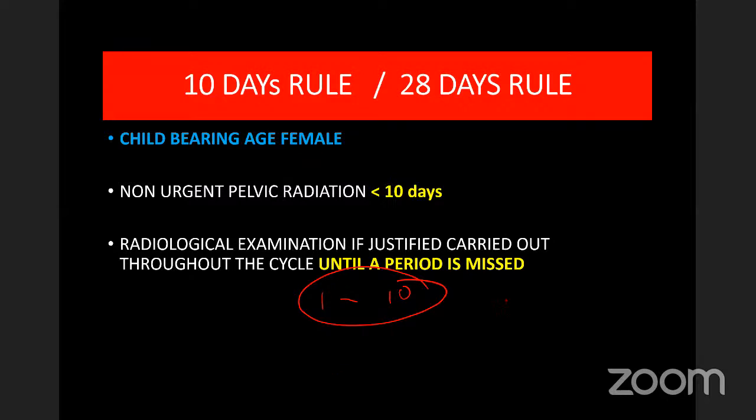Even the pelvis, including the pelvis, the new rule is the 28-day rule. It's a little confusing because there are two different rules for the same thing. For X-rays, even for the pelvis, the 28-day rule remains the same. Less than 28 days, you can always do it, but more than 28 days suggests there is a missed period and you should never do an X-ray. You should confirm whether there is a pregnancy, and then proceed. Whatever this 10-day and 28-day rule is, it is based on the menstrual cycle.